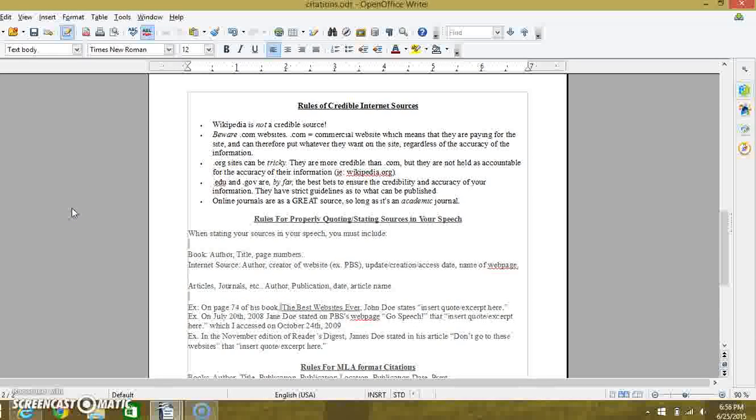But because that information is so specific, and if you mess up any of that information, it becomes plagiarism, I allow you to write out your citations word for word on your note cards. So your intro, your conclusion, and your citations can be word for word because I don't want you to plagiarize. Outside of your citations, though, the rest of your body needs to go back to being those keywords or phrases.